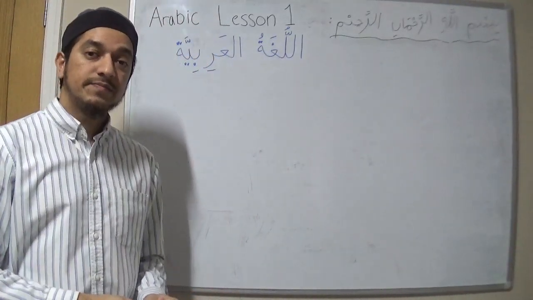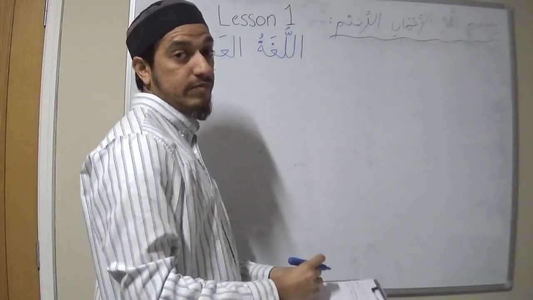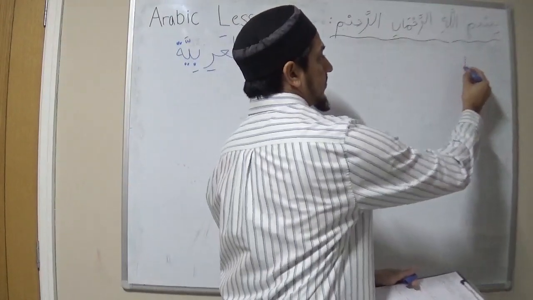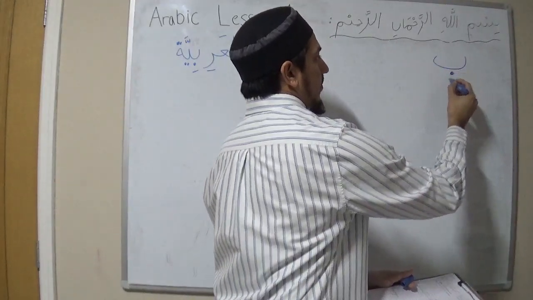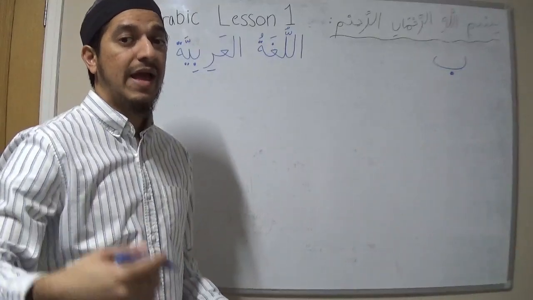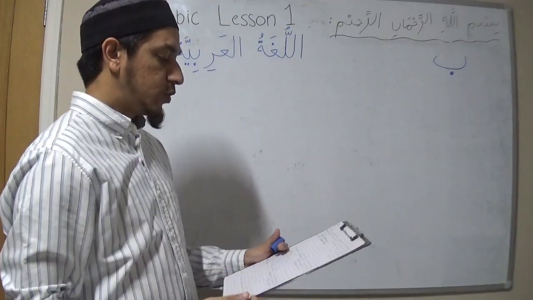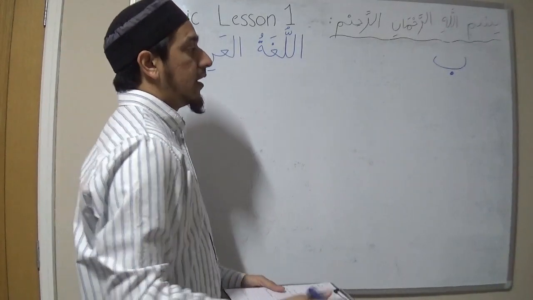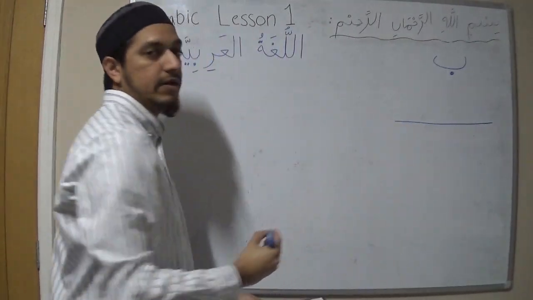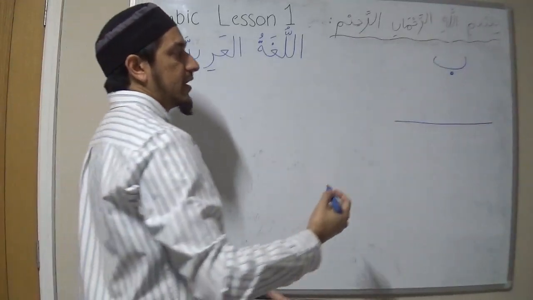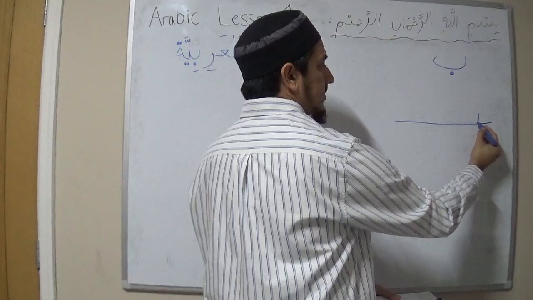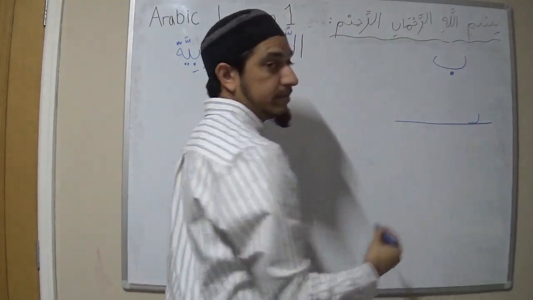So in today's lesson I'll be looking at the words beginning with the letter Ba, and start with Ba first, going on to Ta and Tha afterwards. So with Ba we have, let's just draw a line just to understand how Arabic letters work. So the first word I'm going to give is Bait. So we have the Ba, how it joins at the beginning,